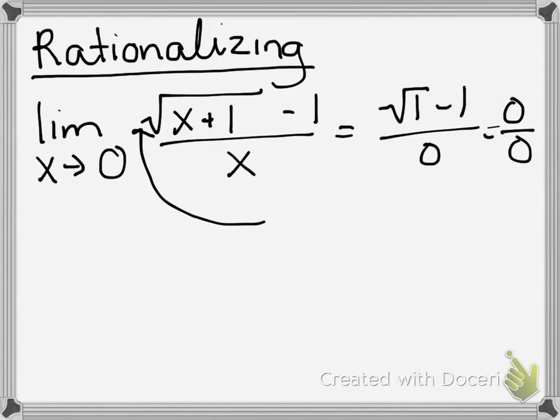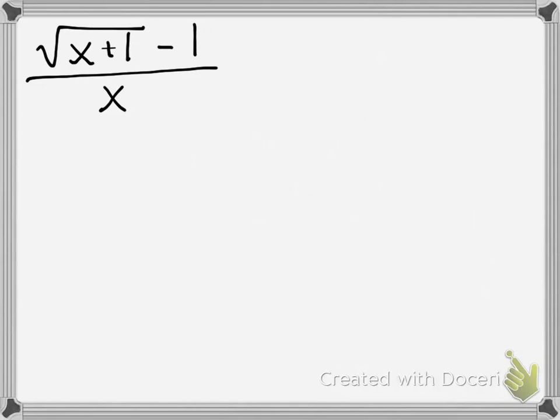So to rationalize, you're going to multiply by the conjugate. If you don't remember what the conjugate is, let's start by looking at the problem. So, the square root of x plus 1 minus 1, over x. To simplify this problem, we want to multiply by